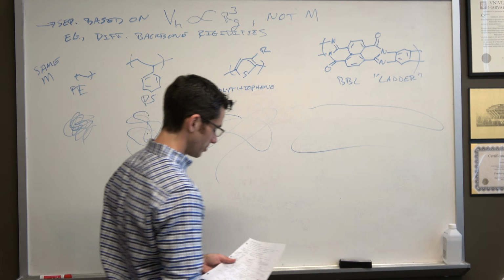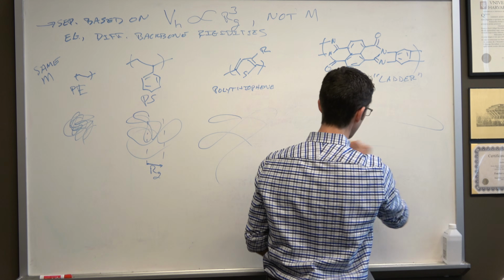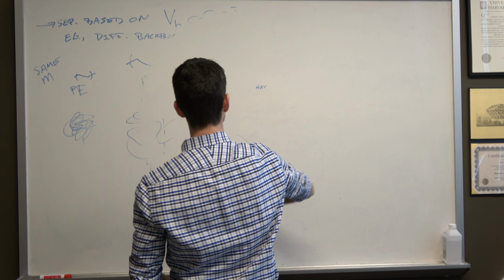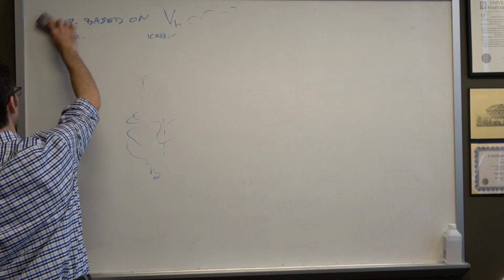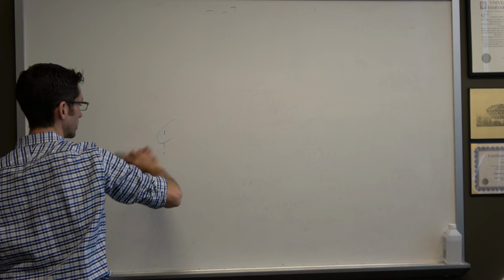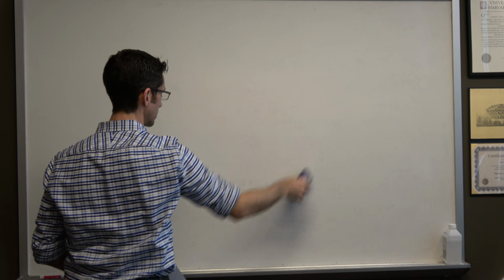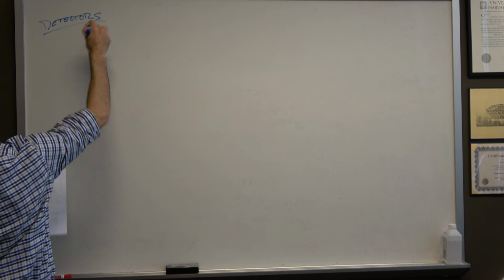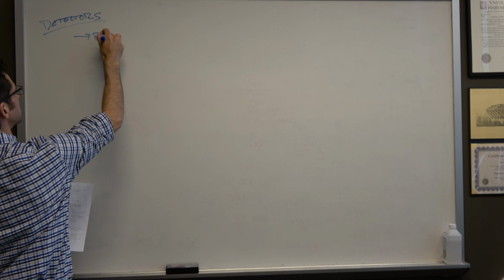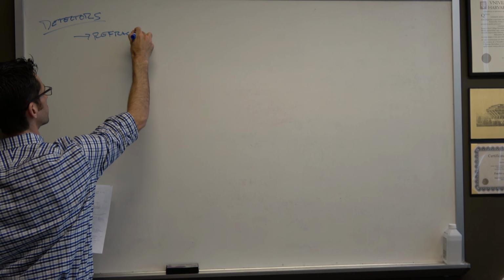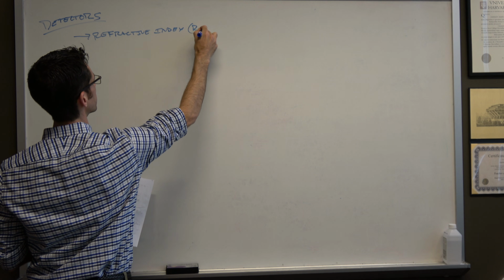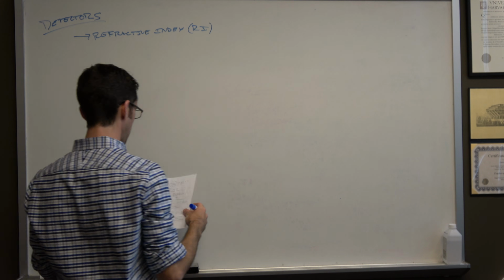Okay, I'm going to tell you a little bit about the details of the detectors that we use, and we won't go into too much detail. I just want to show you where these signals come from. So this is downstream of the column. We'll have a detector, and the two most common are refractive index detectors. So we have refractive index, or RI, and it follows